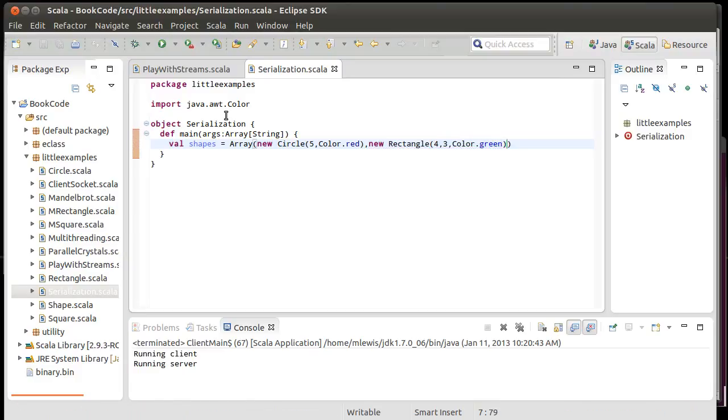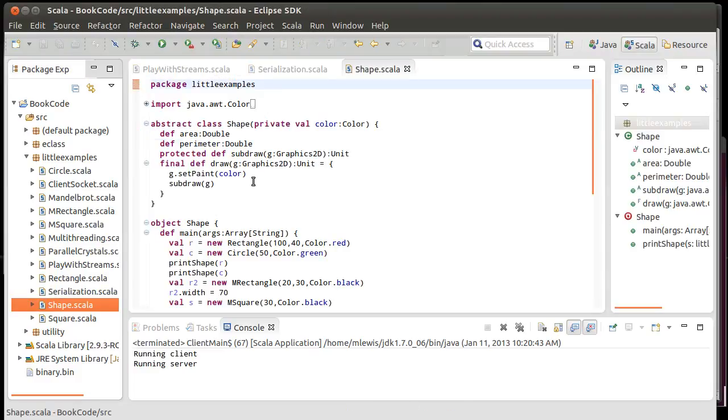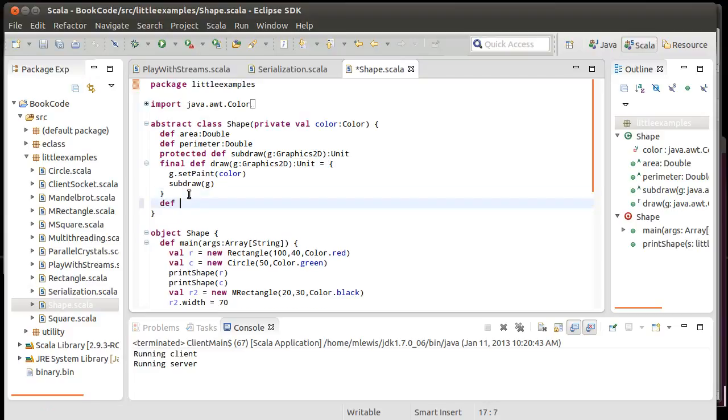Okay, so I have an array of shapes, and I want to write this out to a file, and I want to save it in some format so that I can later on read all of these shapes back in. Now we could do this by writing it to a text file. We could make it so that our different shapes have a method in them that writes out to a print writer. Since we're dealing with binary here, we could also make it so that each of these had a method that